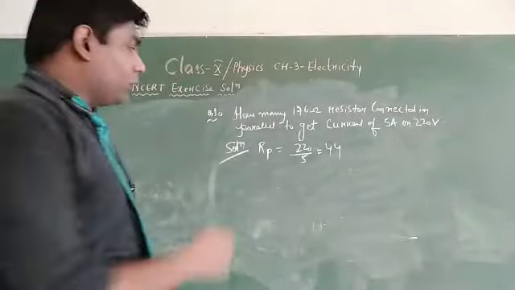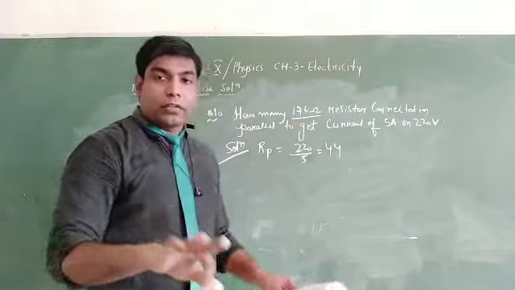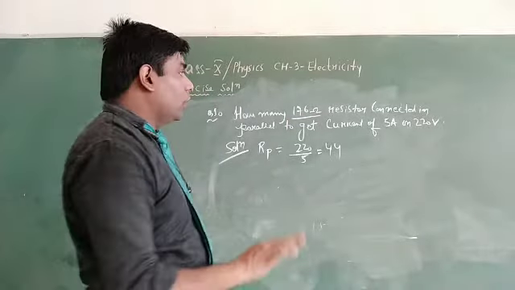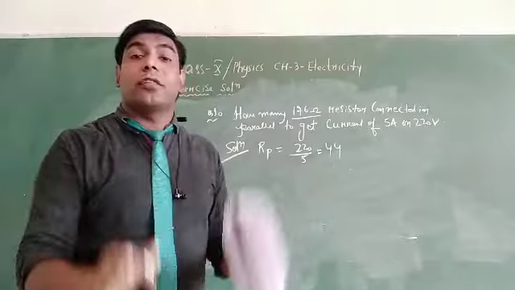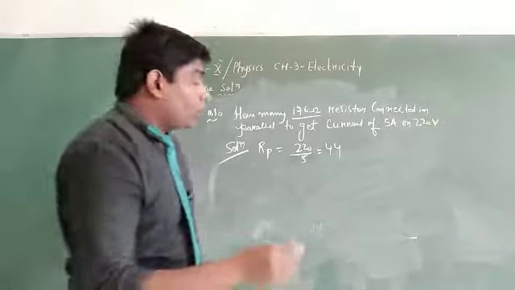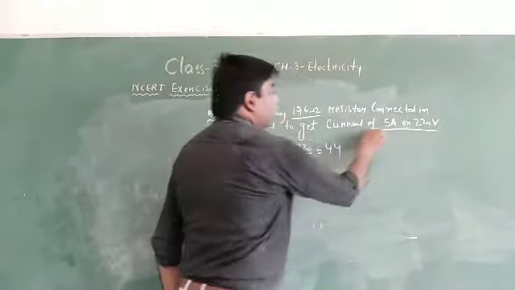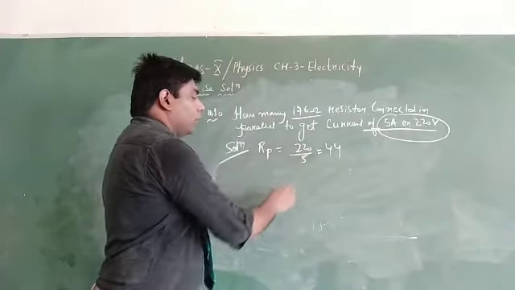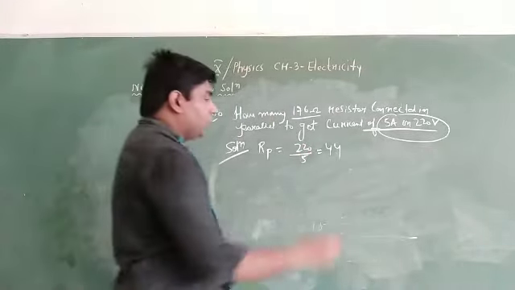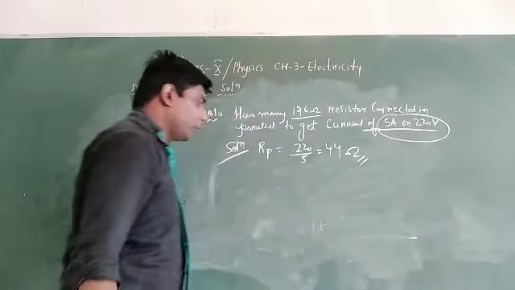Next is a very, very conceptual question. They say the value of each resistance is 176. There are a number of resistances and the value is how much? 1.6. All resistances have 1.6 ohm value. They are asking how many resistances must be connected in parallel so that the current in the circuit will be 5 ampere and voltage is 220. So you know, let us say the parallel resistance is equal to Rp. So from this we can calculate Rp is equal to how much? 220 by 5, that is V by I, is 44. Means Rp is equal to 44, right?